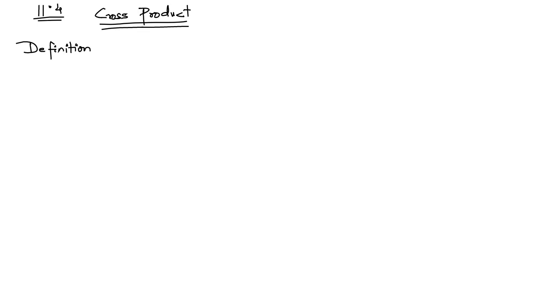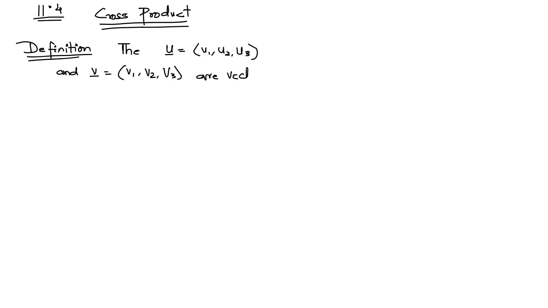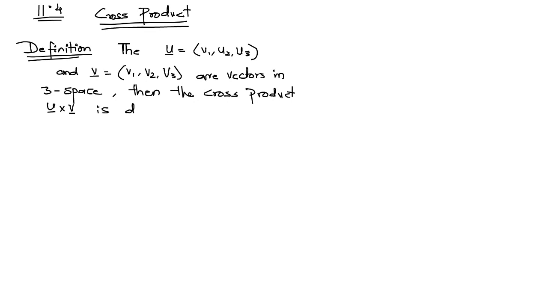What is the definition? If you have a vector u which has components u1, u2, and u3, and we have another vector v that has components v1, v2, and v3, these are vectors in three space, in three dimensions, because we have three components. Okay, so in three space, the cross product u cross v is defined by